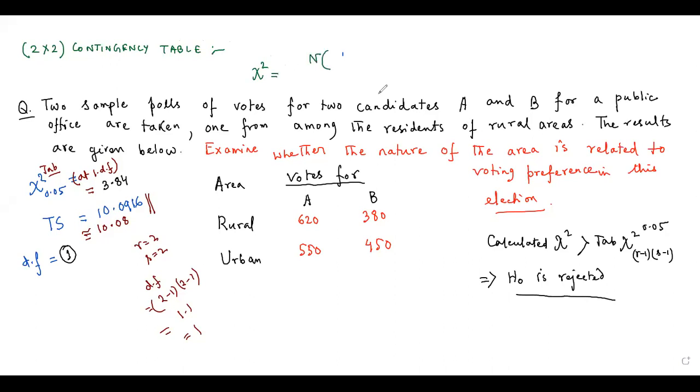The formula is as follows. It is capital N into AD minus BC whole square by A plus C, B plus D, A plus B,